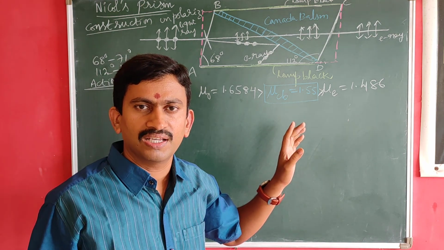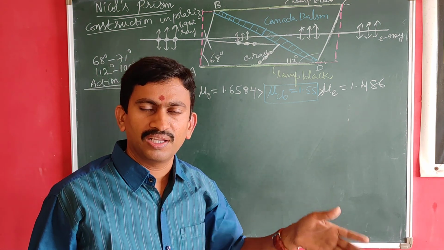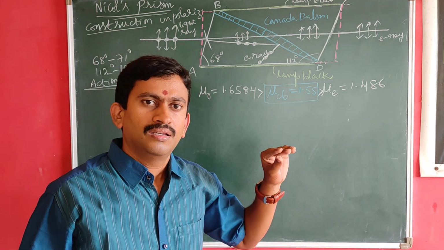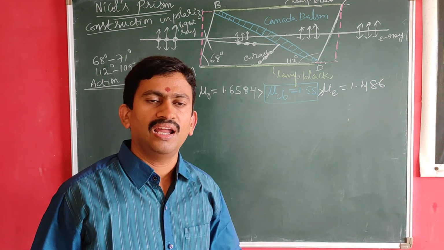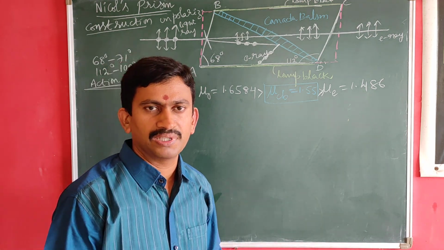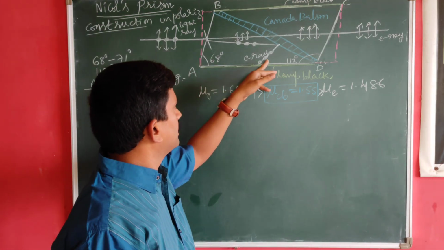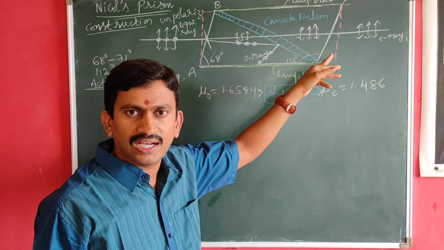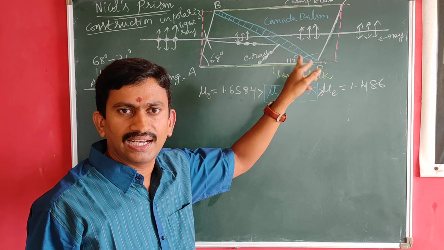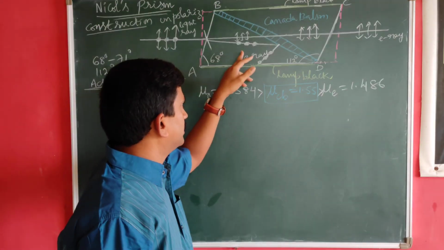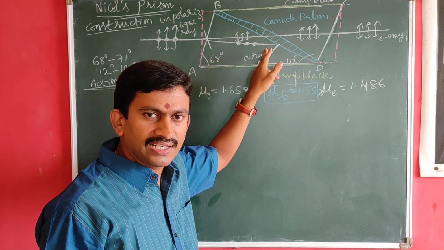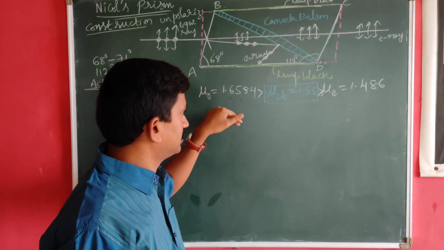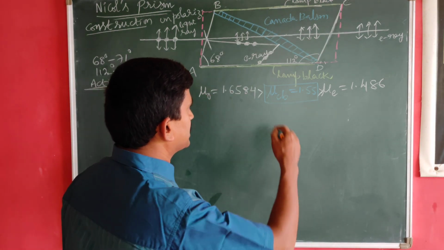What is total internal reflection? Already you might have learned it in the previous intermediate classes. If not, anyhow we are going to discuss it in the next chapter, that is, optical fibers. Now, the ordinary ray, when it is incident on the Canada balsam layer at an angle greater than the critical angle, and that too moving from optically denser medium to rarer medium, completely reflects back. Now coming to the extraordinary ray.